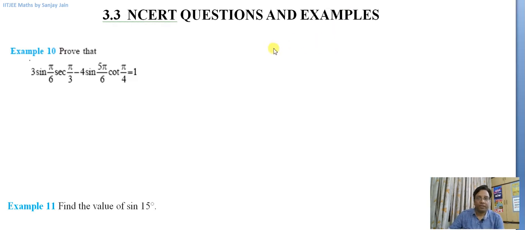Okay, now we will proceed to the questions directly, and if let us say we have to derive some of the formula, we will derive it while doing the questions.